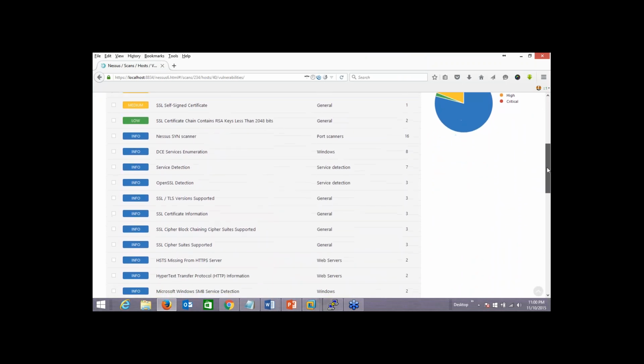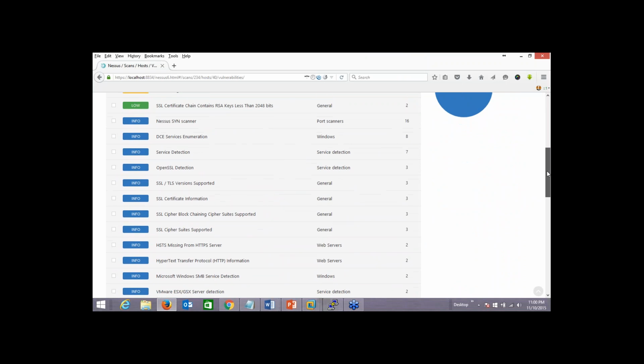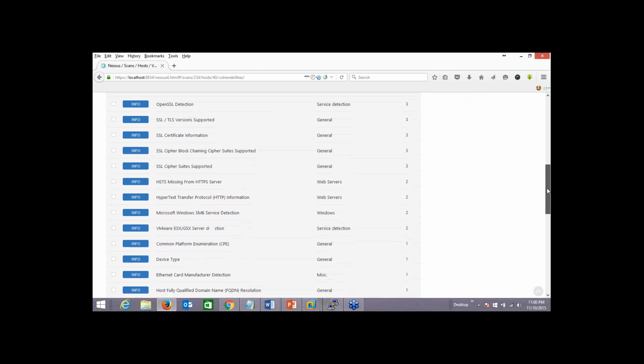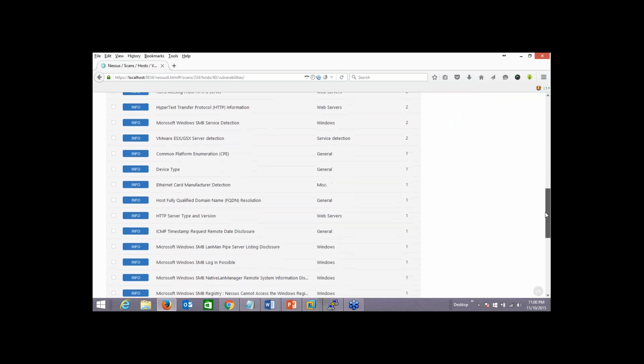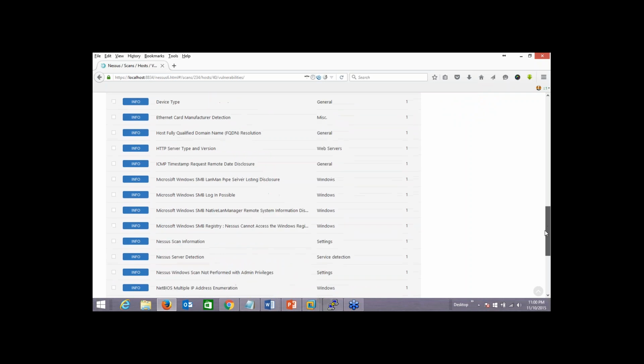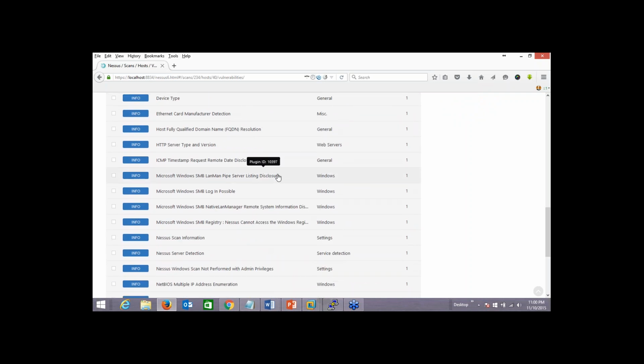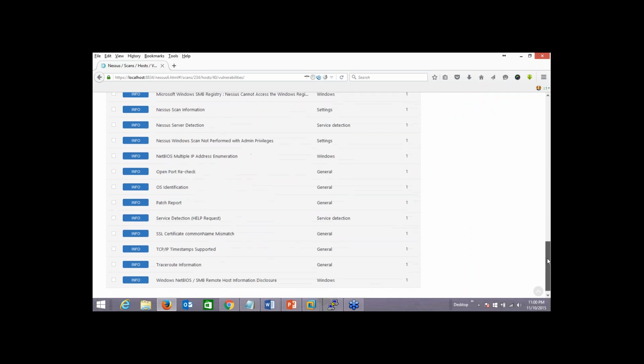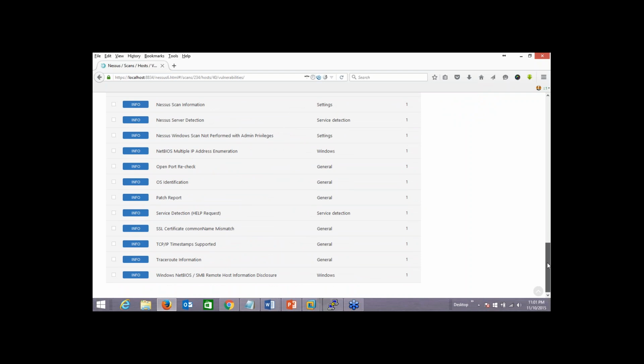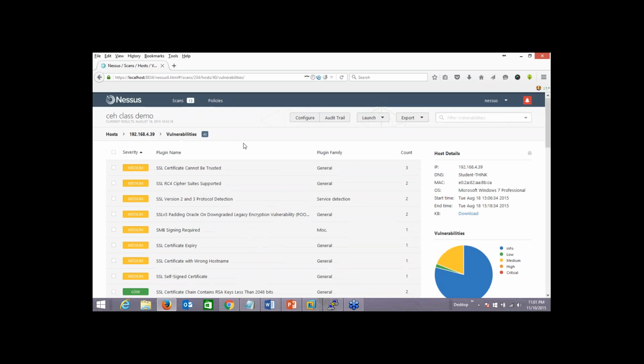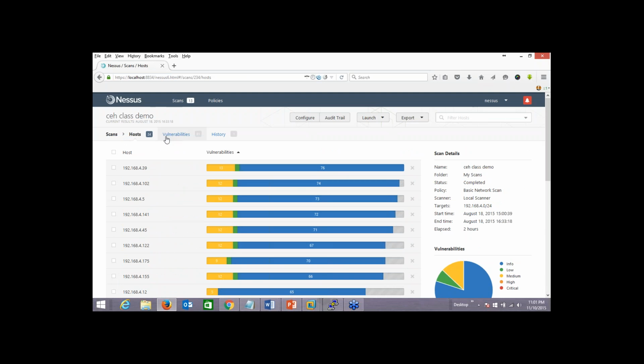All this low stuff, not looking all that good. Okay. Looks like it's running fully qualified domain stuff. Pipe listing disclosure. Not really looking like a whole lot of stuff I could really use. Well, that's frustrating. Now, what you can do is I can go back to the host and I can